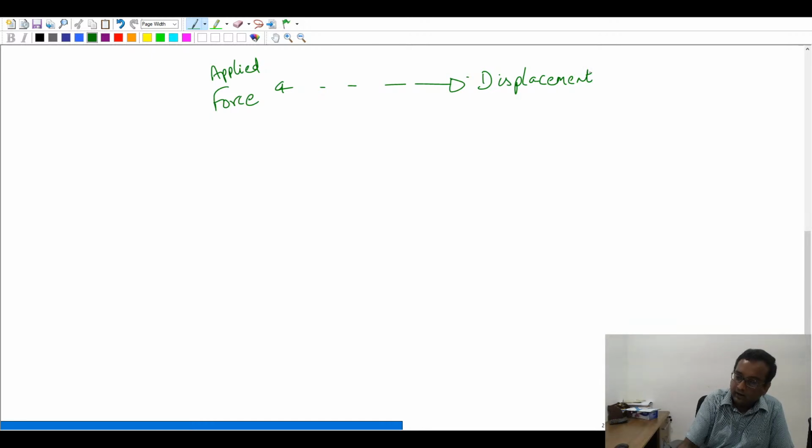Okay, we saw in the course that we can't relate these two directly because of geometric dependence and material dependence. So this relationship won't have any predictive capability, and hence we said that we will define a quantity called